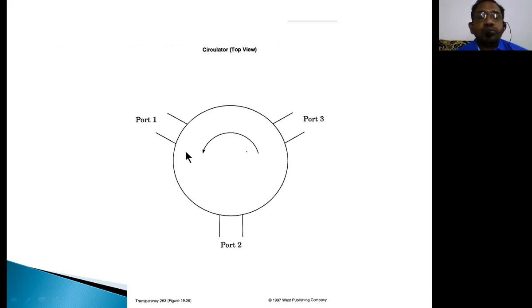Now here this is port 1, say port 1, port 2, port 3, like this we have a circulator. So we have so many ports. In a circulator, if you apply input at port 3, the next port would be port 1. The input is going to go through port 1, not to port 2. That means a circulator transmits signal in the anti-clockwise direction. When you apply input at this port, the output will be coming at port 1.